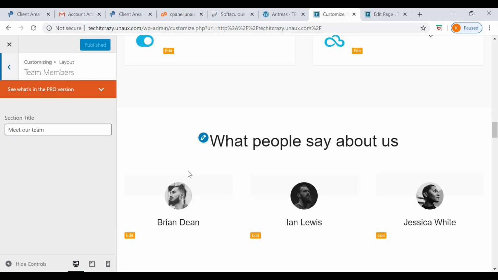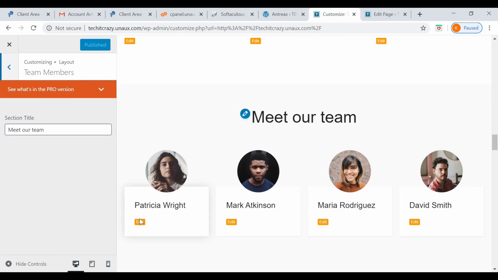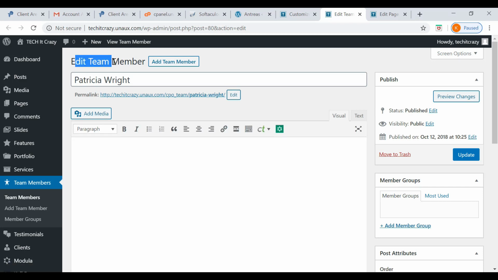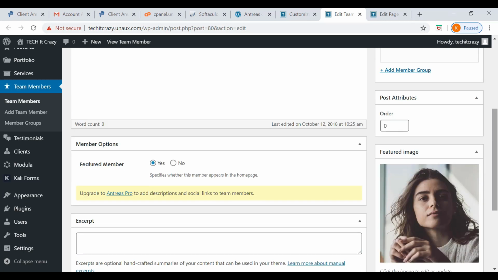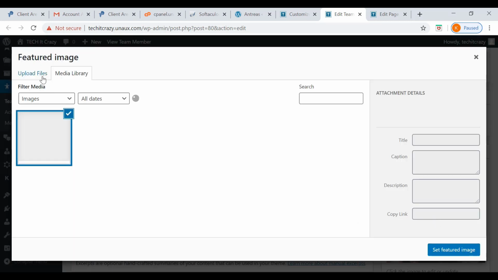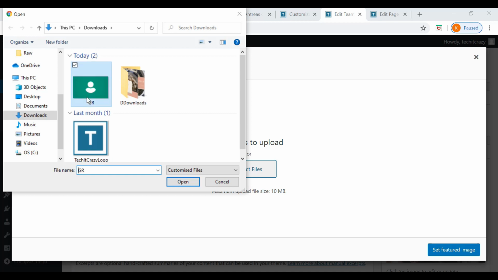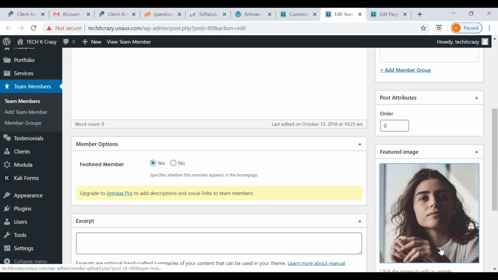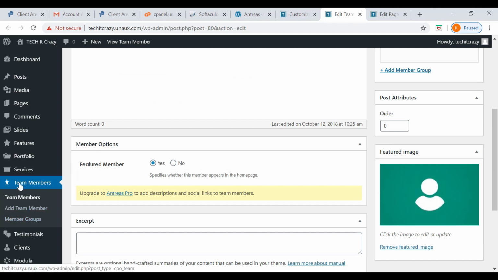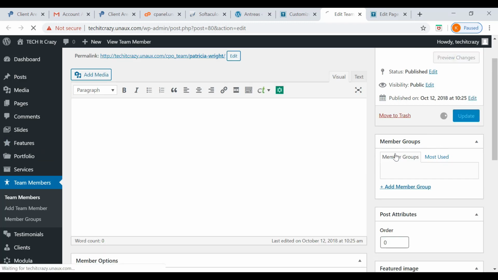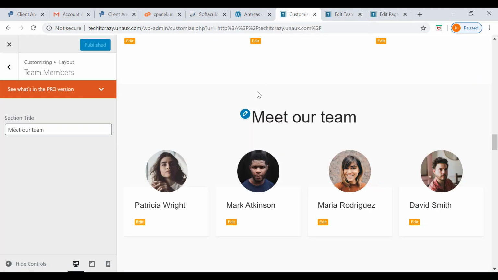So here is meet our team. Let's say here is what people say, that is nothing but testimonials. You can change your team details. Let's say if you are a software company, or else a simple project developer, something like that, you can give your team member details, or else anything. It is a simple theme actually, where I am showing these things. So here you can see all these team members, testimonials, clients and everything. So I just updated the team member, my name Casey. So I'm just refreshing.